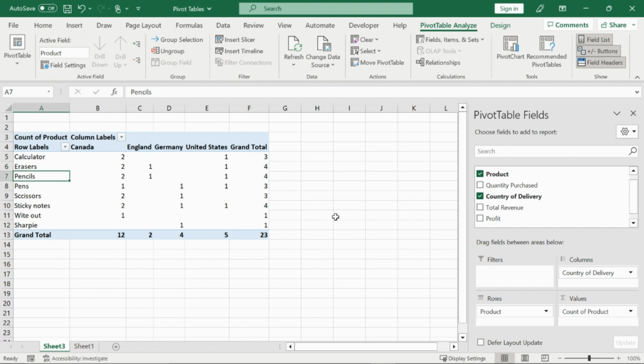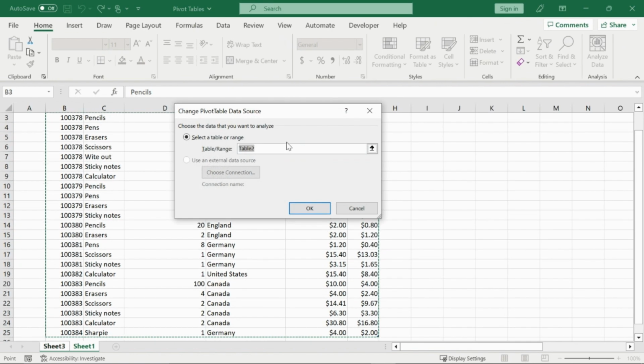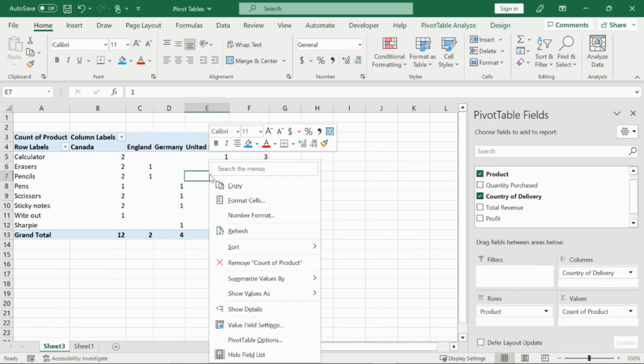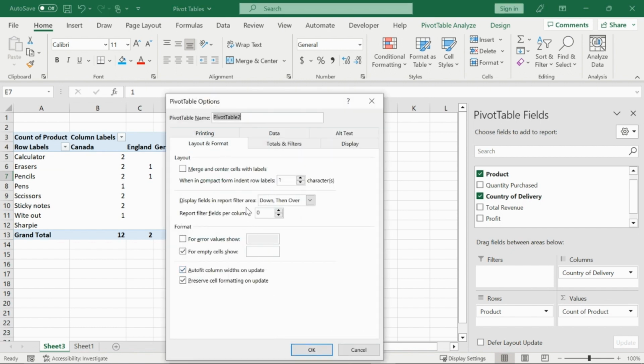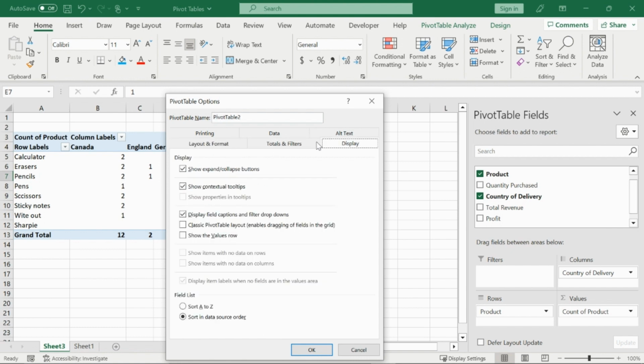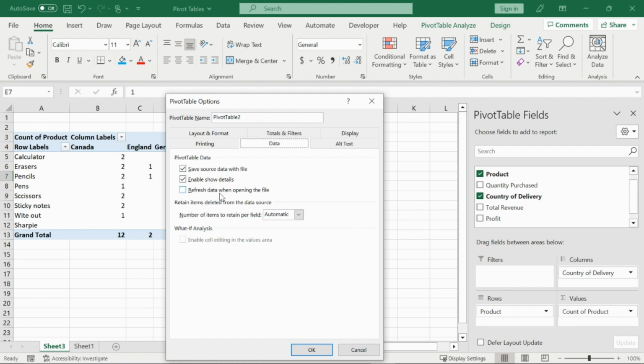If you need to change your source of the data, you can just go up here right next to this Refresh tab, go to Change Data Source, click on that, and it will show you what you're highlighting, and then you can adjust it as you see fit. If you right click on your pivot table, you can also go to Pivot Table Options. This will give you tons of layout and formatting options, totals and filters, different ways to display data. A useful feature to know here is Refresh data when opening the file, which is really helpful